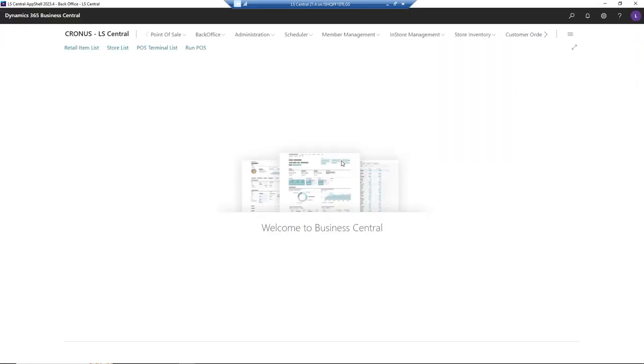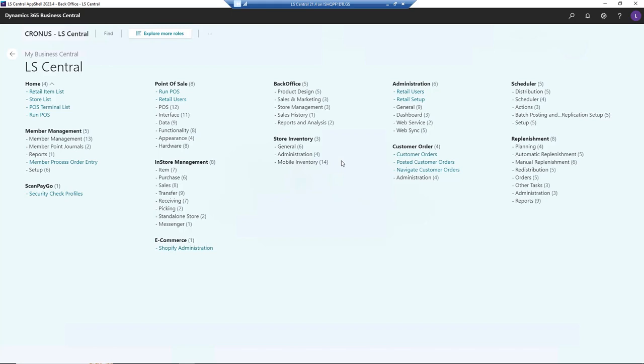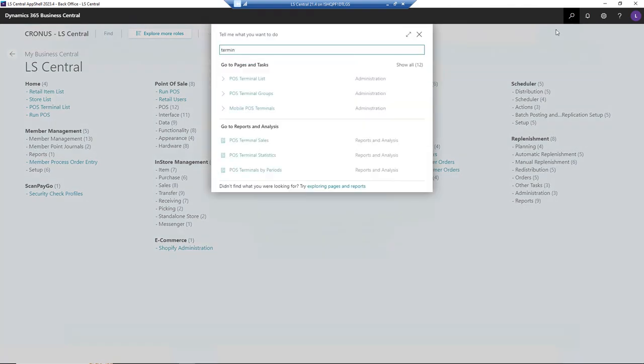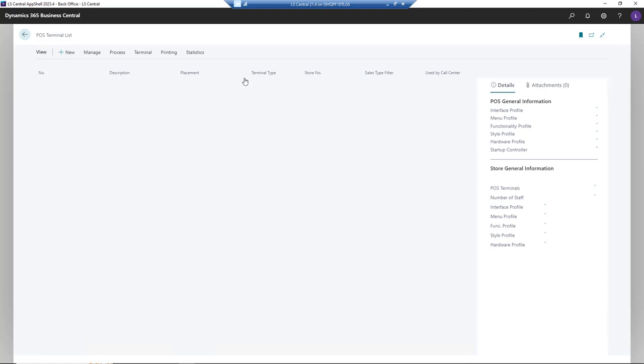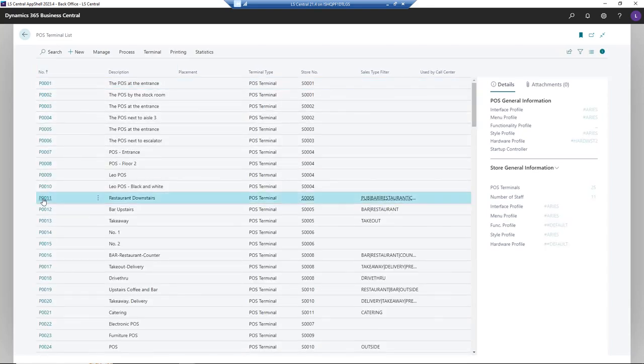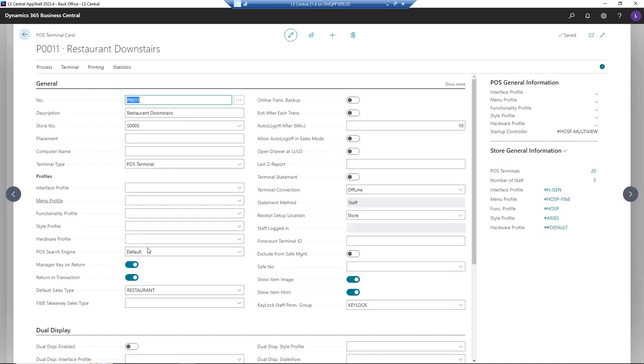And remember what I said first: the difference was how many hospitality types you saw. Restaurants, upstairs, and what more did you see? So let's look at that. So open terminals. Pause terminal list. I go to 11 first, P0011, the restaurant downstairs.